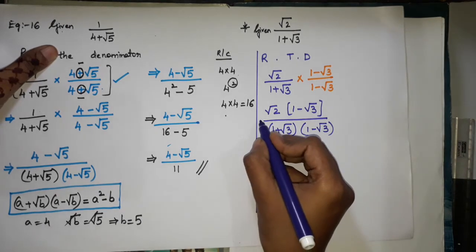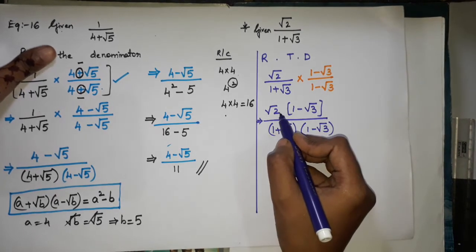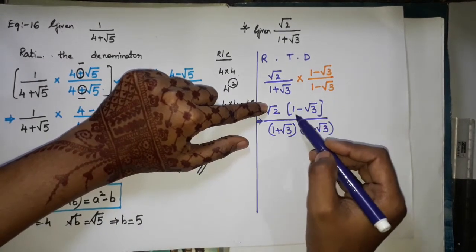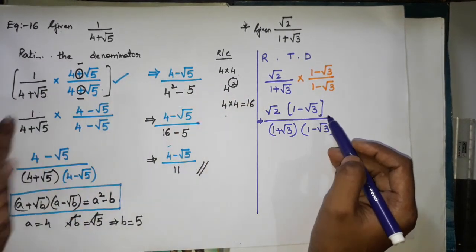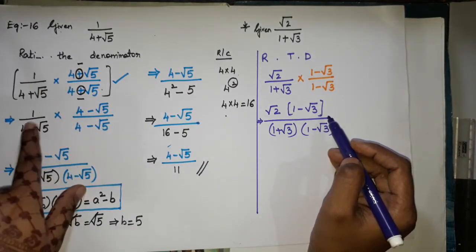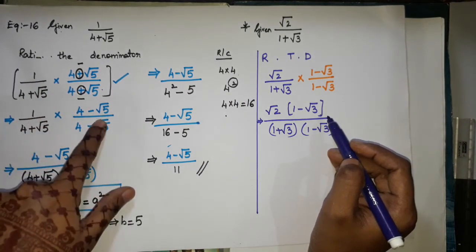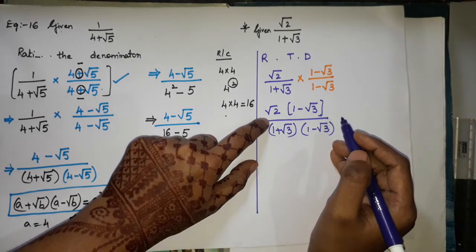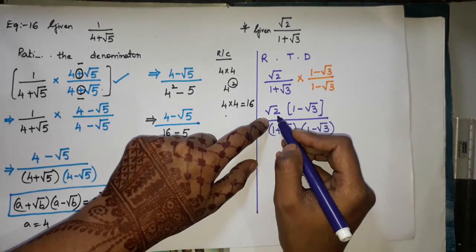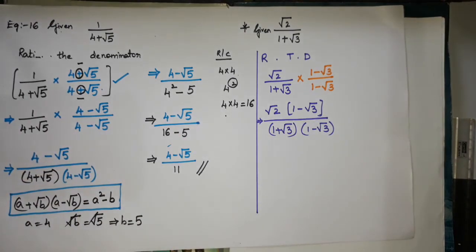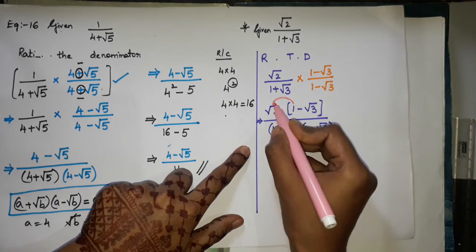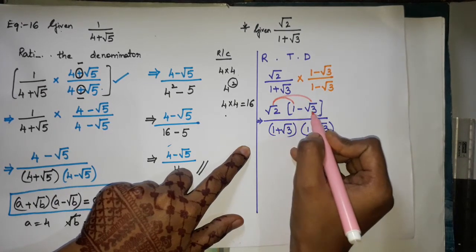Okay now children. See here, root 2 I have written as it is. This is multiplying, right? So I have written it in brackets. In the earlier example it was 1, so we could directly multiply. 1 into 4 is 4, 1 into minus root 5 is minus root 5, we did it directly. But here it is root 2, so we have to specify it. Now what to do? Listen carefully, children. It is the distributive property. So we have to multiply this root 2 with these two numbers.